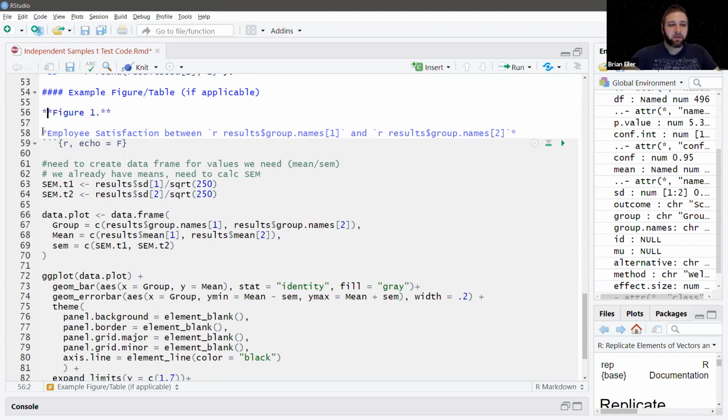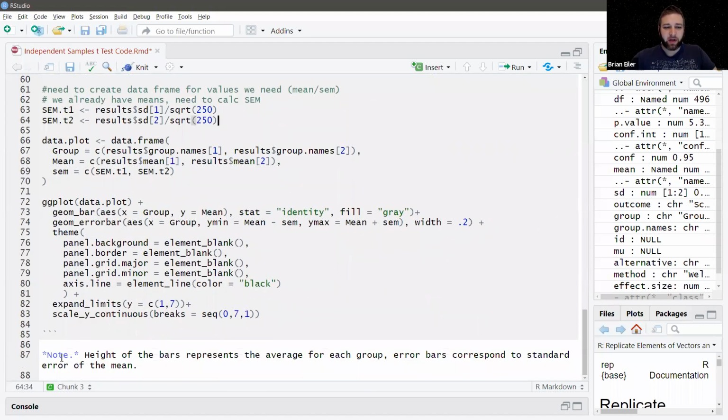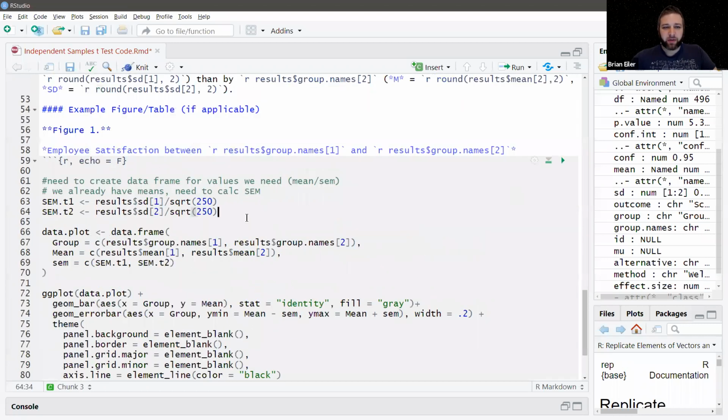And then we're going to put a title. And then we have some code down here to create the group. The reason that the figure one and the title, and then all the way at the bottom, the note, are in between, the code is in between this, is because that'll make it look nice for us in our